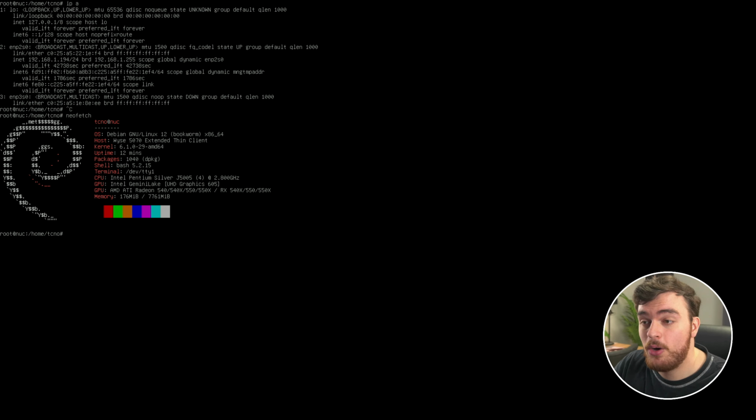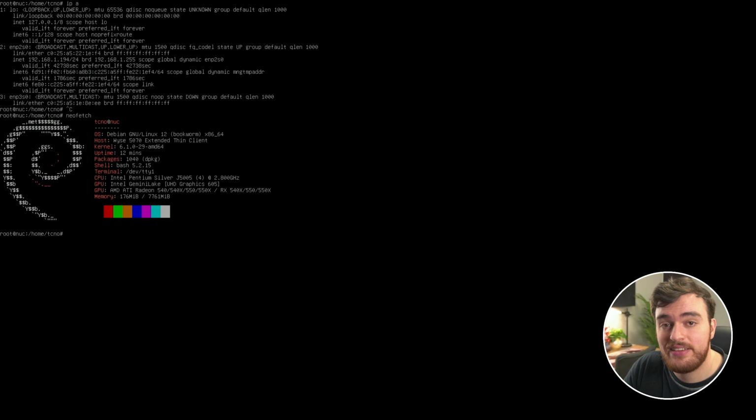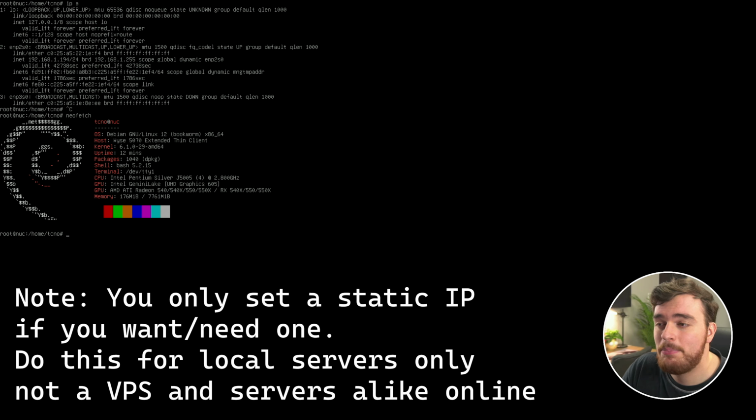We've successfully remotely accessed it and got into it. At this point, you can comfortably leave your PC somewhere and remotely control it on the same local network, but of course we do want to do things like hardening our SSH, using key-based authentication and things like that, but we want to make sure that our IP address doesn't change, which we can either do from our router or by telling our network adapter to only use one particular IP address